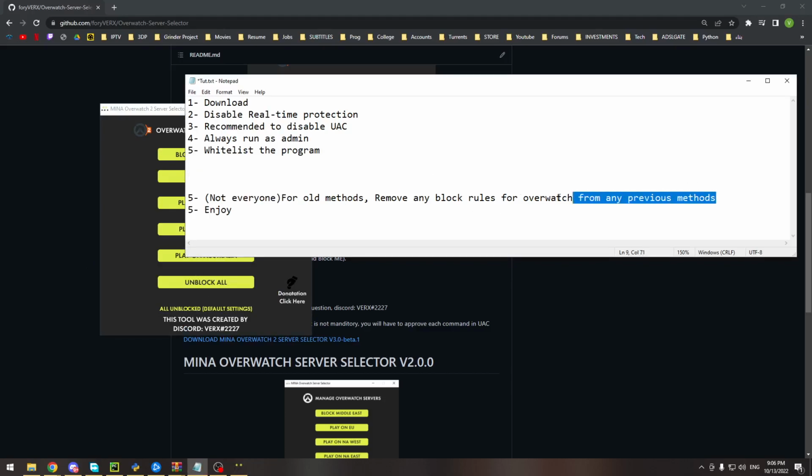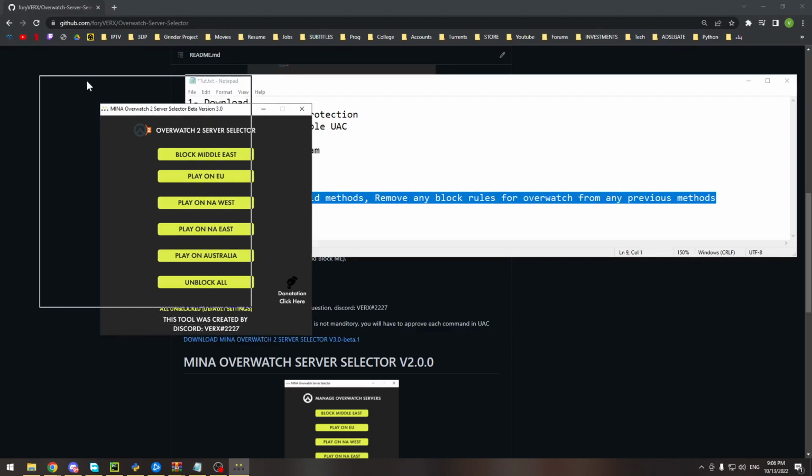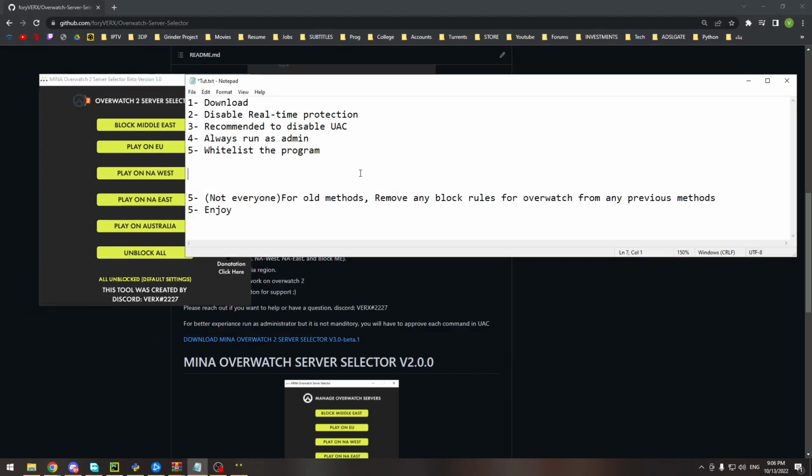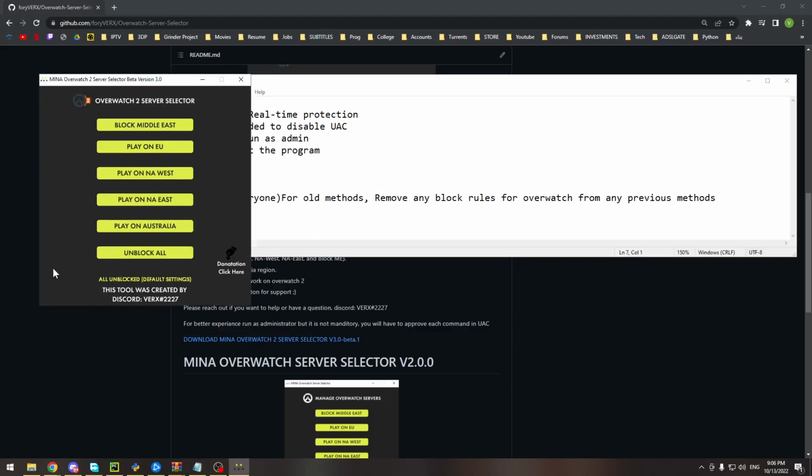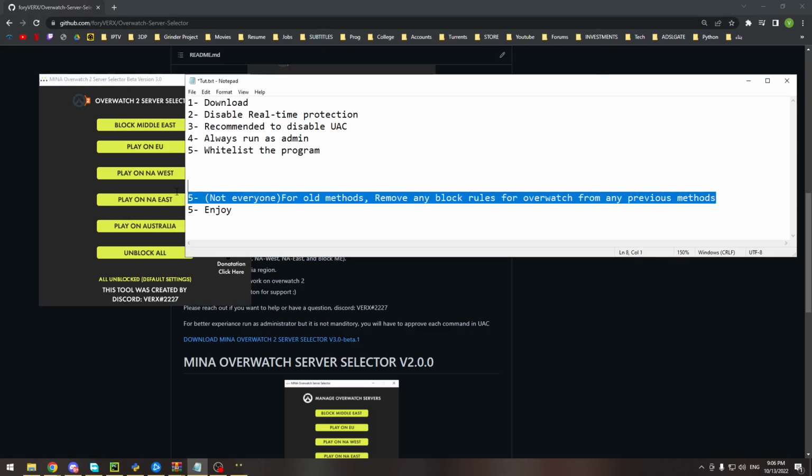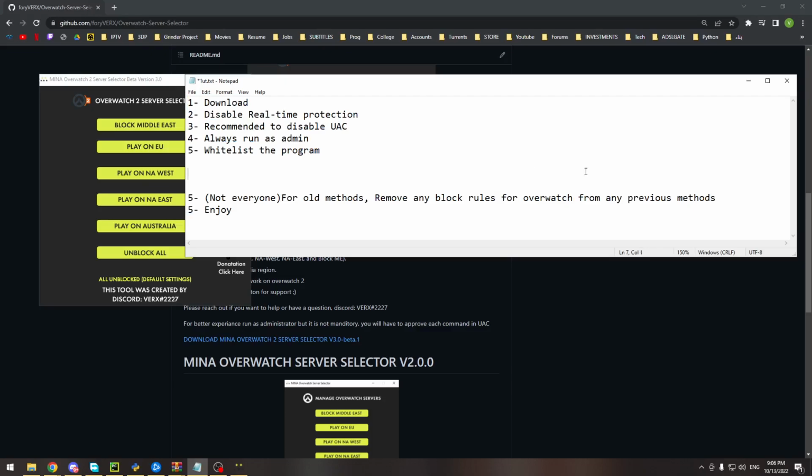You don't need to do this several times. You just do it once at the start, the first time you're using the program, but after that you don't need to do anything. Even if you download a new version of the program, you don't need to do these steps.